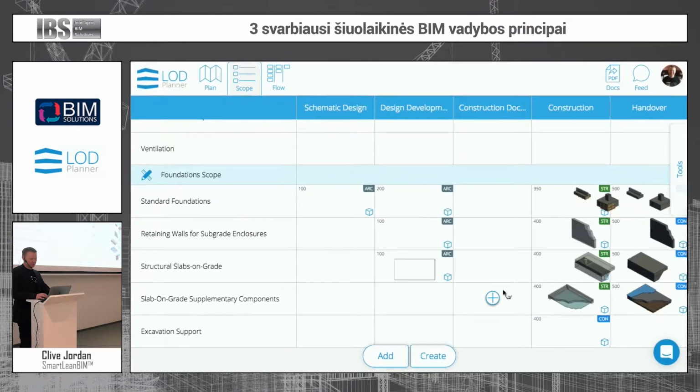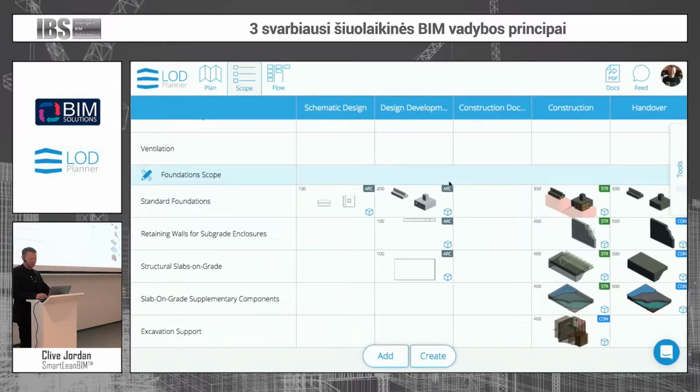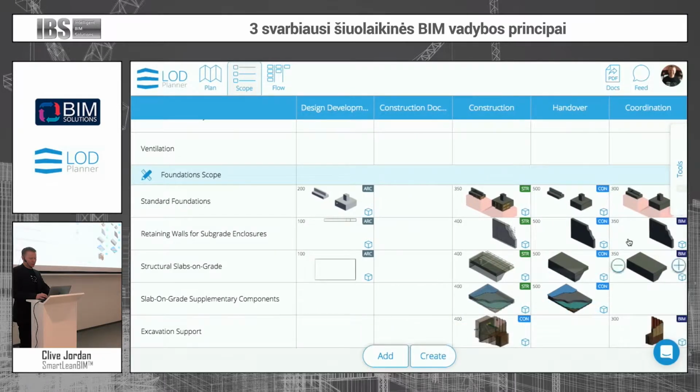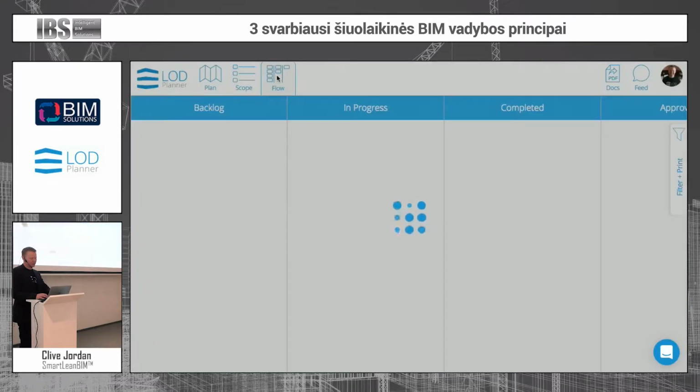And you'll see all of the images populate. So now we can see what the requirements are for each of these stages in the design process, and what elements are required, and who is responsible for those, and very clear requirements. I can go into a lot more detail on here, but I'll move to the scope, the flow, to understand